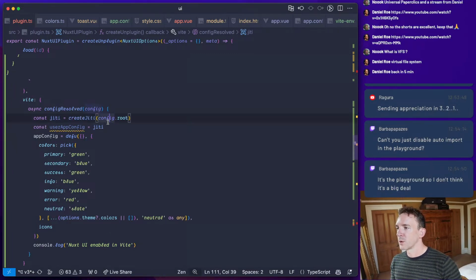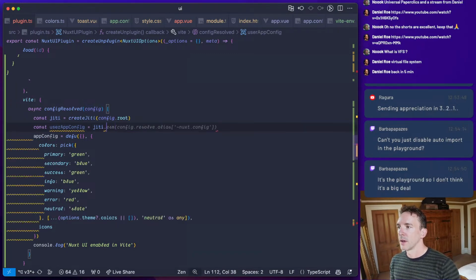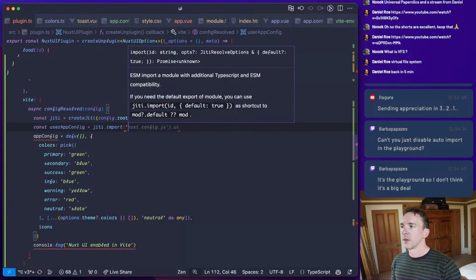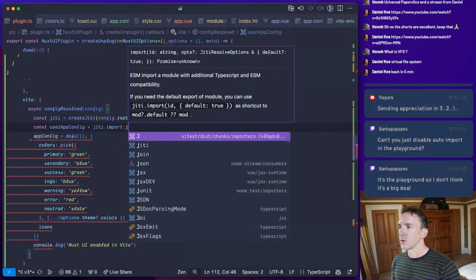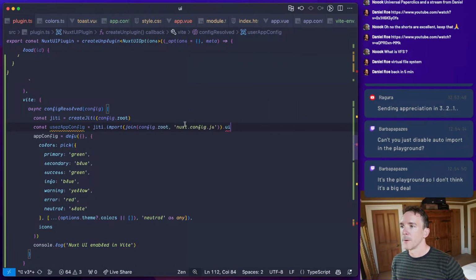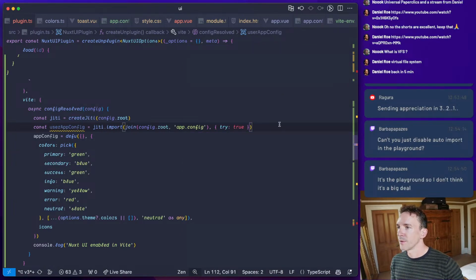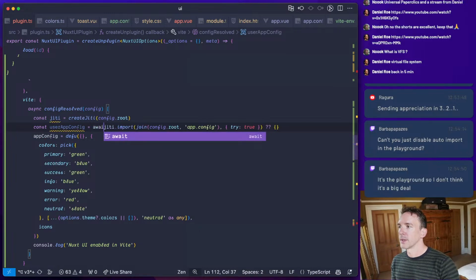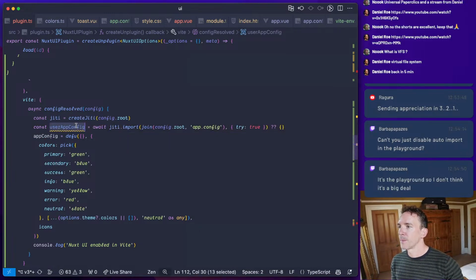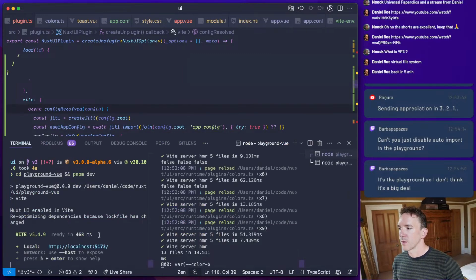User app config is going to be Jitty.import, join config root app config, and we're going to basically say it's fine if it doesn't resolve, and in that case, pass in an empty value and stick it there. Let's see, is this going to work for us?